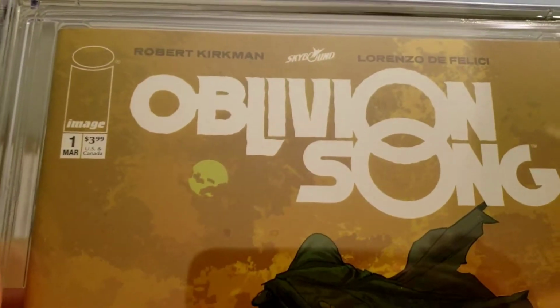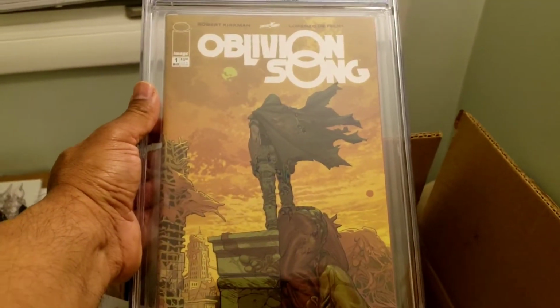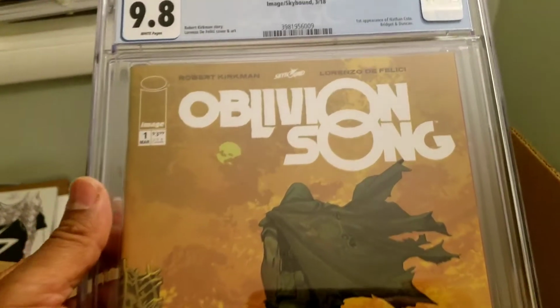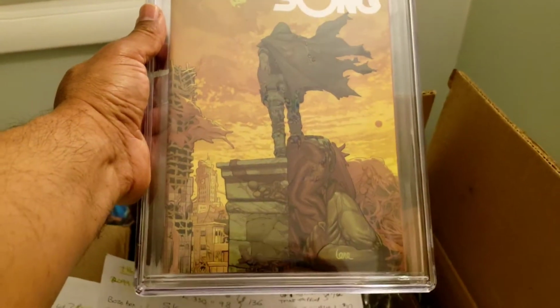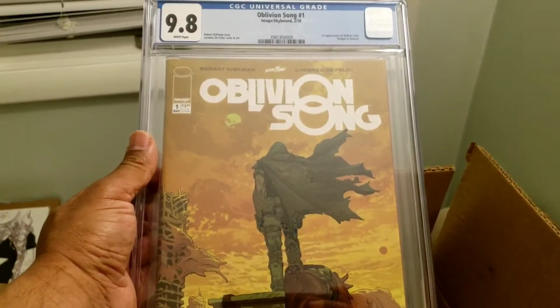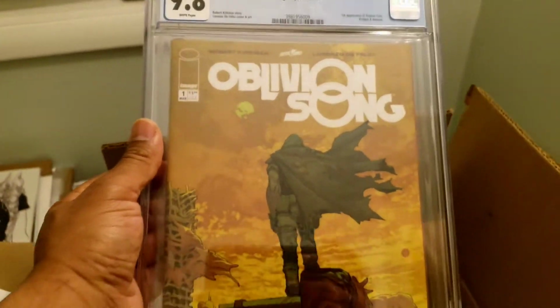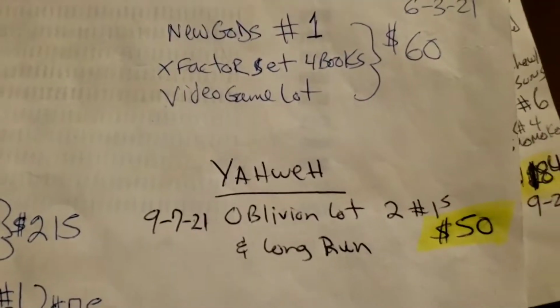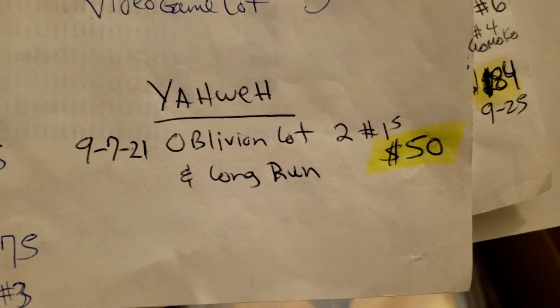I have 2 copies, one in 9.8 of the 1000 copy exclusive that came with a statue. I have a full statue sealed with the comic still inside, and I have a 9.8 of it. So this one will be sold, and once I get to reading this lot, I might sell that lot too. More than likely I'll sell the entire lot with that pink variant, unless I get that pink variant